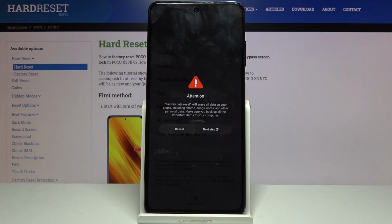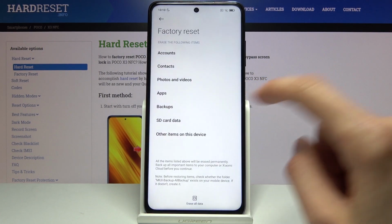Then we need to wait 20 seconds, and it gives us a message that performing this will remove our data. That includes photos, videos, pictures, anything that you have put on the device yourself. If there's anything that you'd like to keep, you might want to back it up beforehand, otherwise you lose it permanently. But assuming you have already done it or you don't want to, tap on OK, and the process